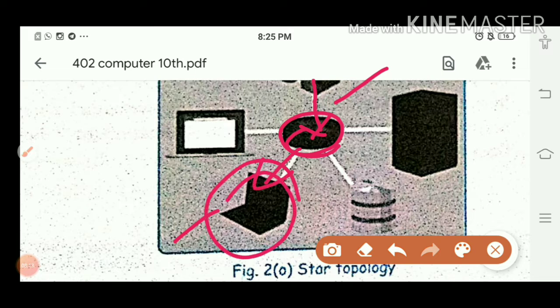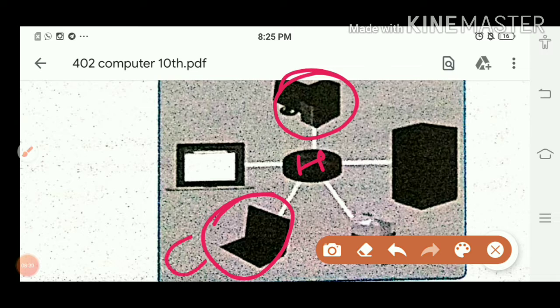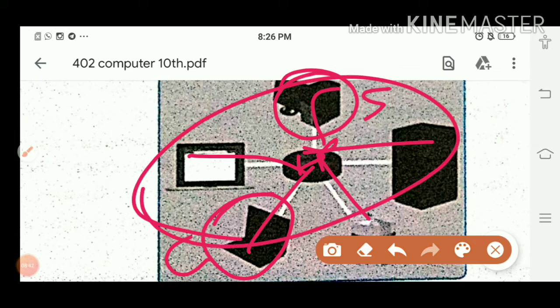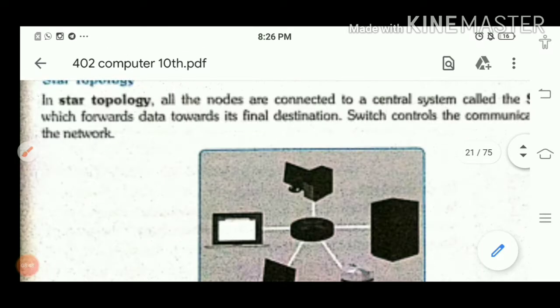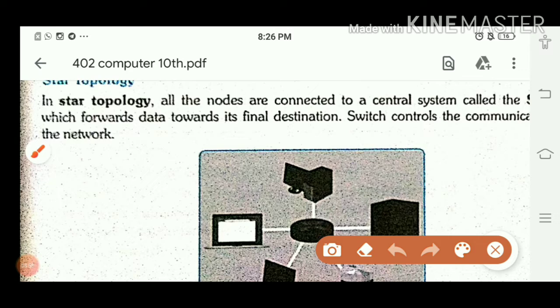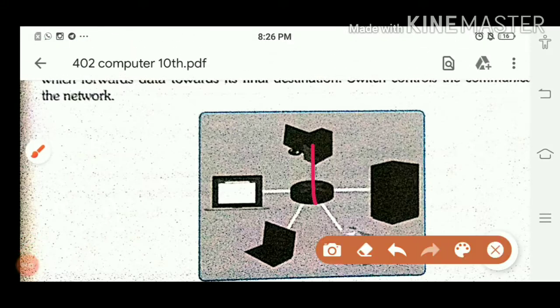In place of this, suppose I am placing a hub there, then what? This one is a client and this one is a server, and the client is requesting. What will the hub do? The hub will take data from the server and distribute the same copy to all the devices. That's why we are not using a hub here. So with a switch, the first one is star topology. Star topology means the arrangement of nodes in this star format. Look, they all are stars. This is star formation. So this one is star topology.